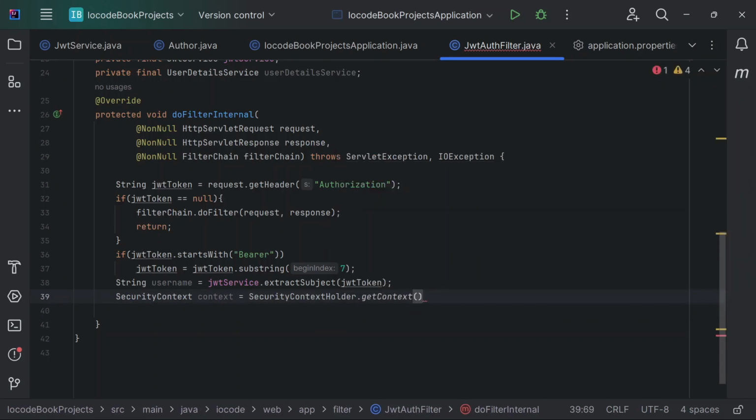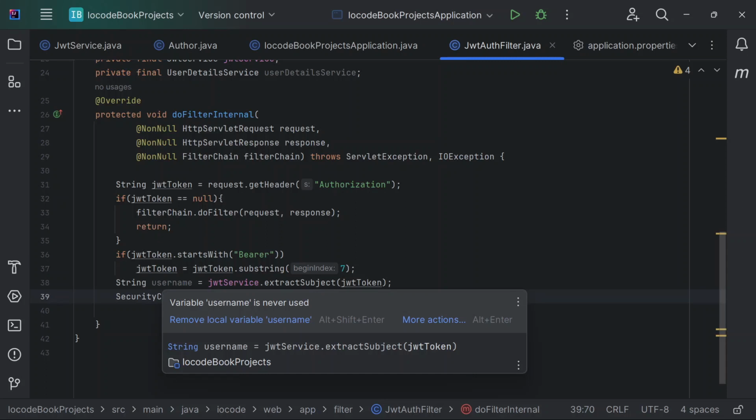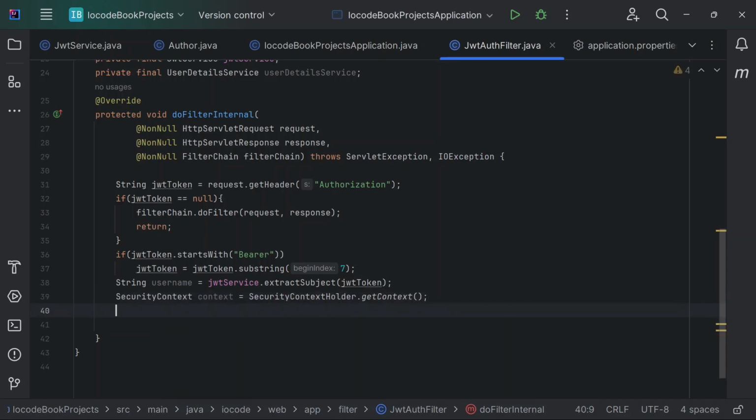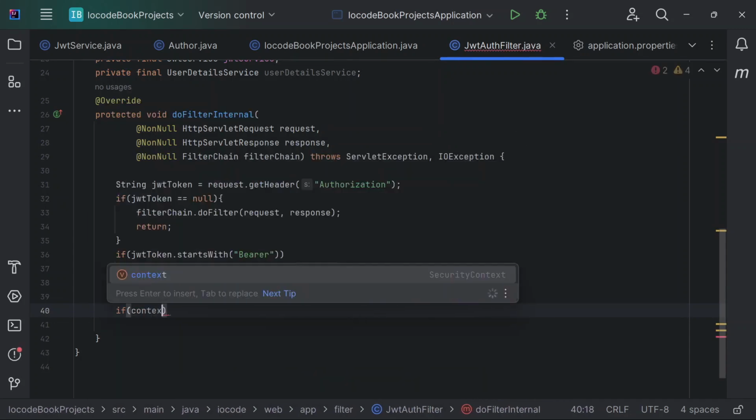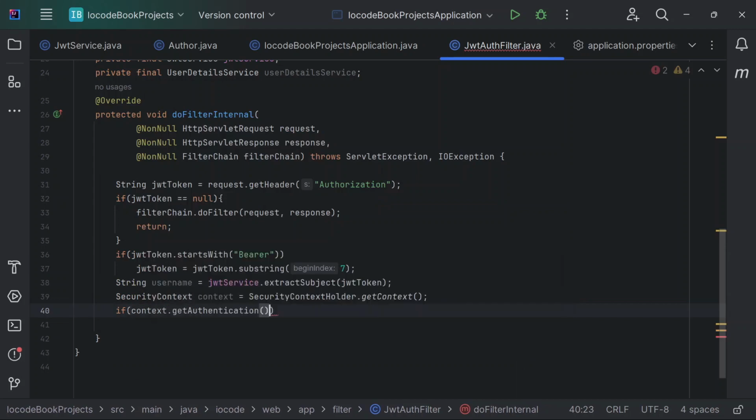It returns an instance of security context, and then we want to check that this context does not contain any authenticated entity, as well as ensure that our username value is not equal to a null value. We are going to make use of an if statement for that. So we say if context dot get authentication equals null and username is not equal to null, then